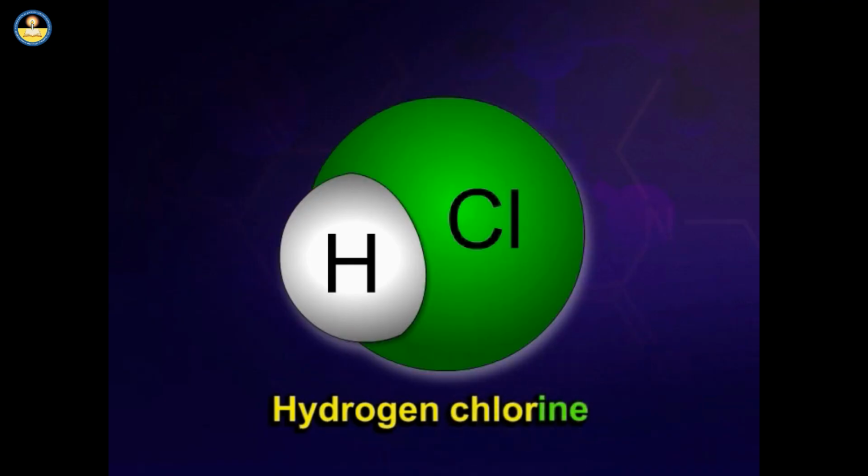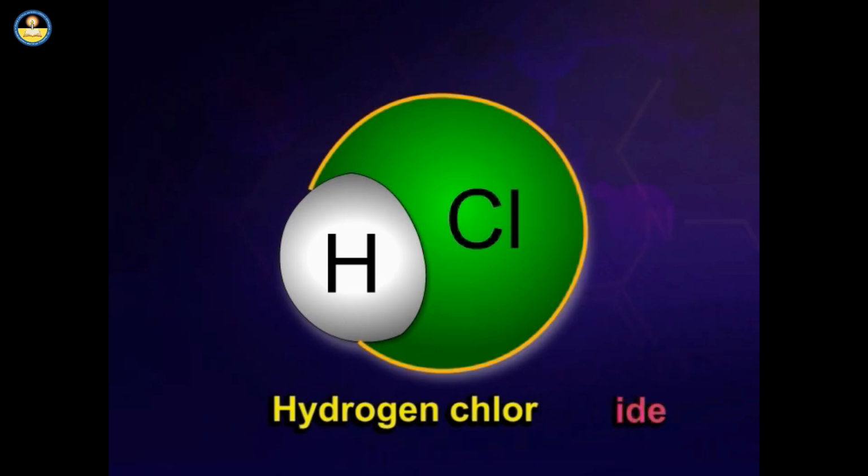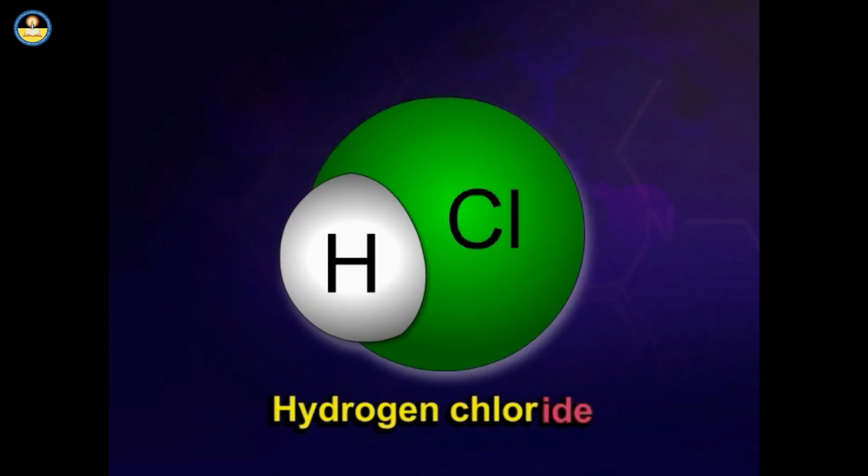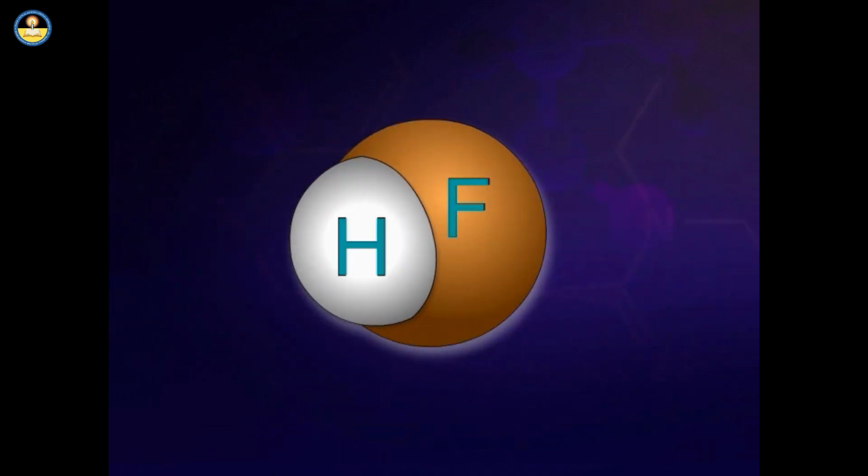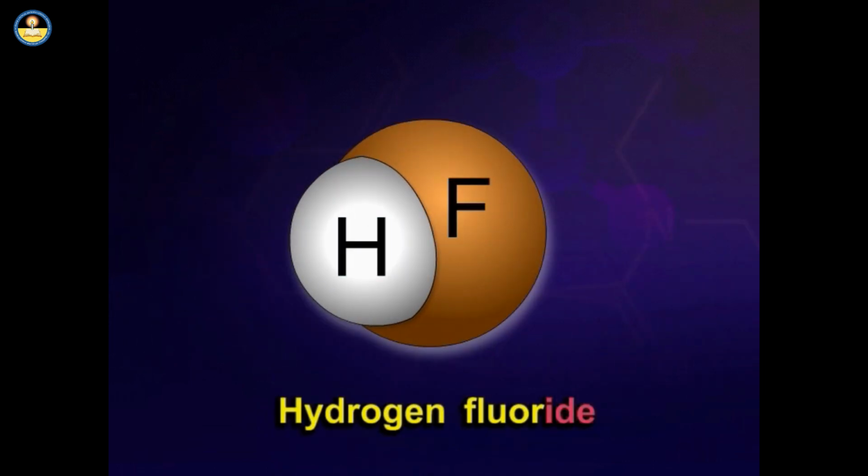The name of the other element is modified to end with "ide", that is, IDE, and is written on the right-hand side. For example, as per our description, HCl is named as hydrogen chloride, HF as hydrogen fluoride,